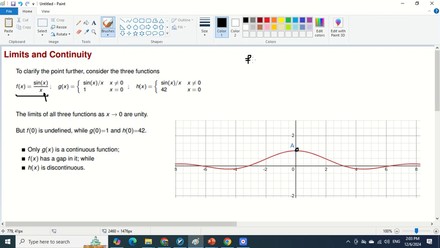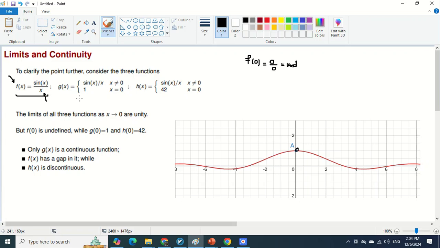You cannot calculate f of 0, because f of 0 is equal to sine of 0 over 0, or 0 over 0, and this value is undefined. It's not a limit, it's an exact value of 0 over 0. The 0 over 0 is undefined, so there is no value for f at the point 0. So the function f of x at the point 0 is undefined,